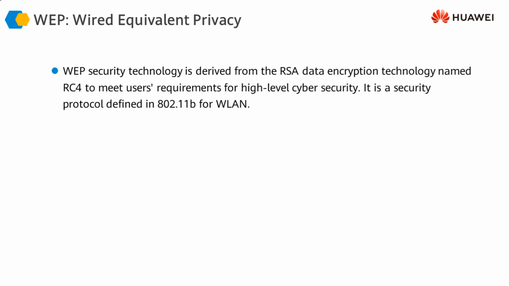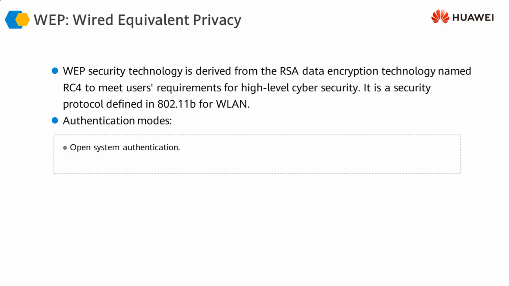The protocol is based on this algorithm, but since this algorithm was not very robust, therefore the protocol was also not very robust, and that is why it is not used very commonly in wireless systems these days. It offers two options: open system authentication, that means no encryption, or shared key authentication, which means that the key is going to be shared between the client and the access point. It's a pre-shared key, and the encryption is going to be done based on that pre-shared key.